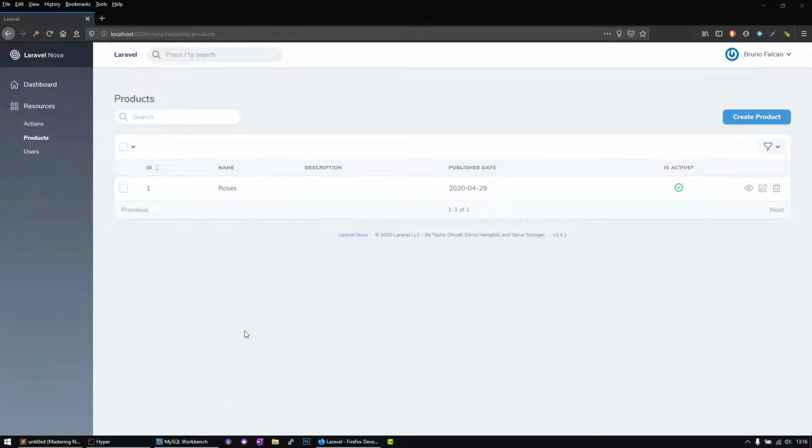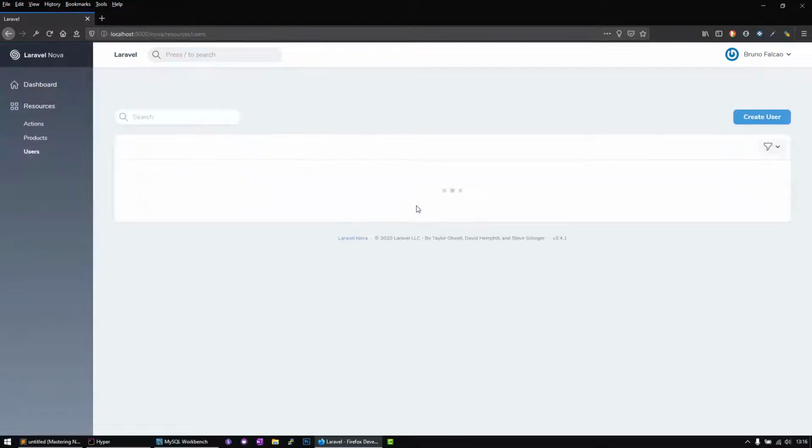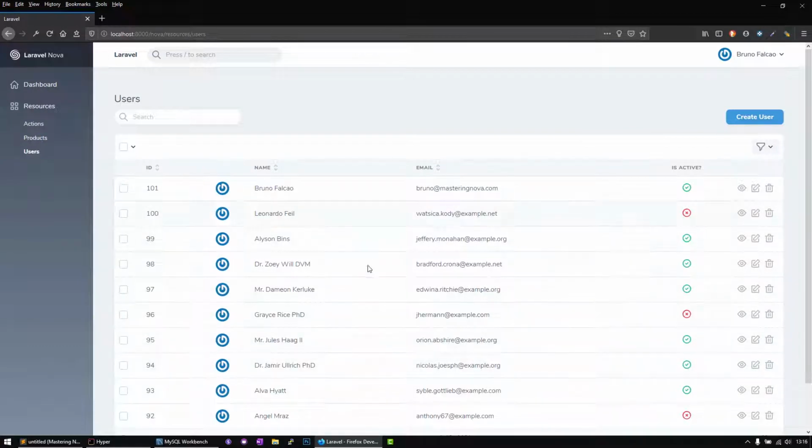Let's get into other types of functionalities on our resources besides the fields. And we're going to start to learn how we can create a filter. So a filter basically will extend the scope of your index query that you have here. So for instance, in this case, it will filter down information according to something that you want to put on